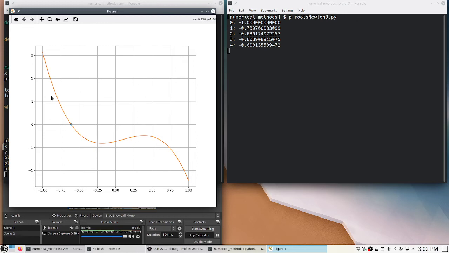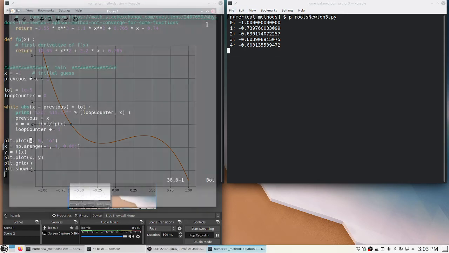Okay? Now let's start with +1 as the initial guess and see what happens. Because what happened the first time while we're here? This is -1. So the tangent at this point came down, well, it says it came down to -0.739. So that's about right here. So the slope came down to about here, went up, slope came down, went up, slope came down. Now if we're choosing this value, the slope is going to go way up here, then have to come back down and so forth. So let's change that